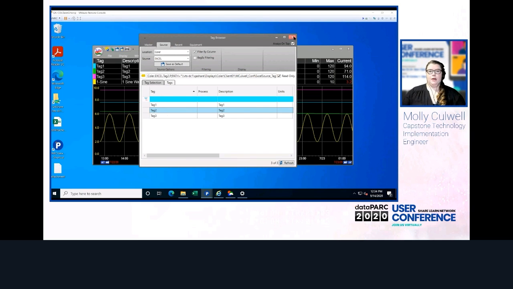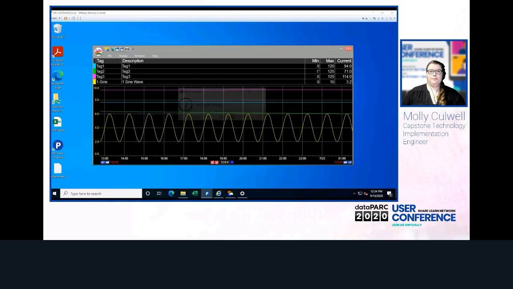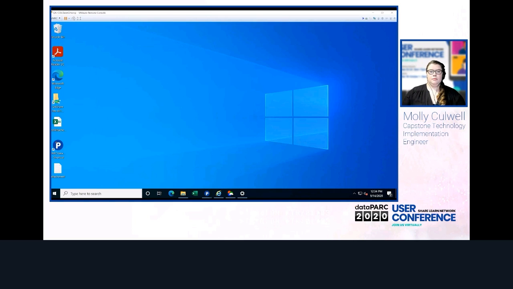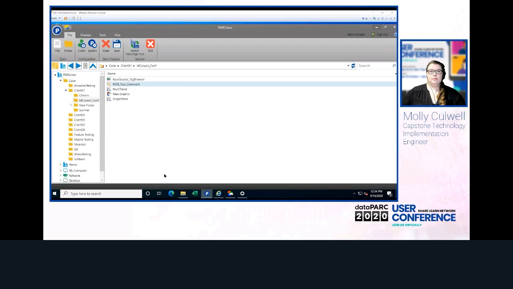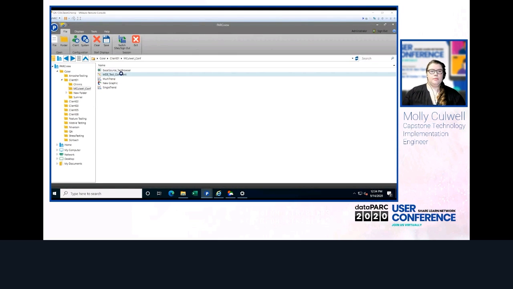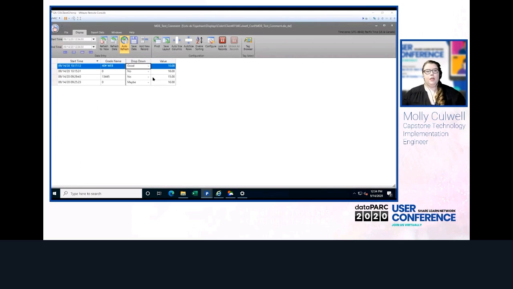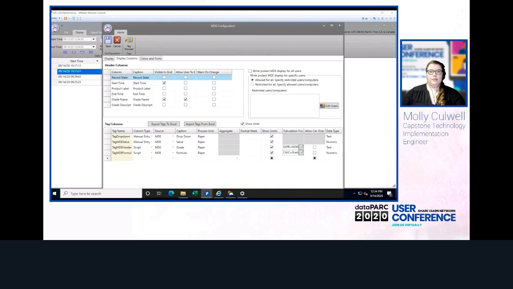Okay, now we're going to pop over to MDEs and look at MDE dropdowns. We have a drop-down feature where we can fill in values for an MDE, which then users can select and save data. And when we go into configuration, the way we used to do it